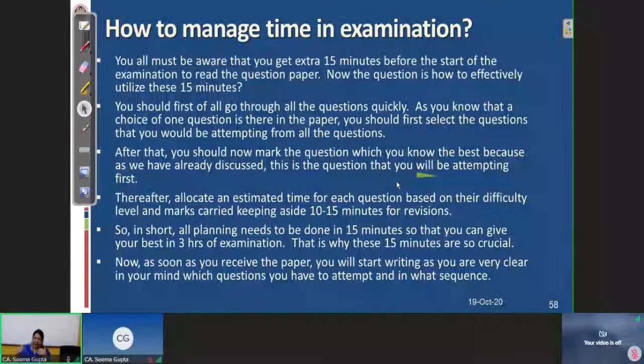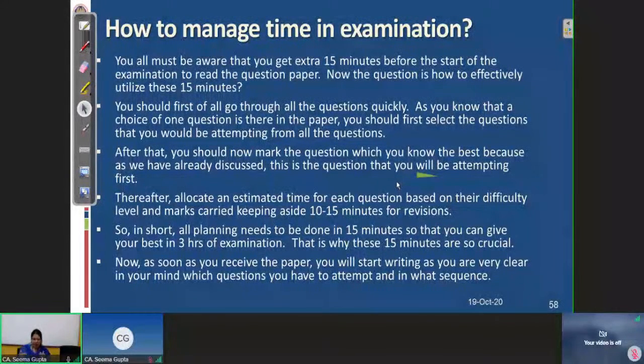Now you will say that we have done the mock test, we have done the previous examination question papers. How do we now compare our answers? The same way, you can compare your answers with the previous year examination suggested answers. The suggested answers have already been published. You can compare your answers with those. Like mock test answers also you can compare.